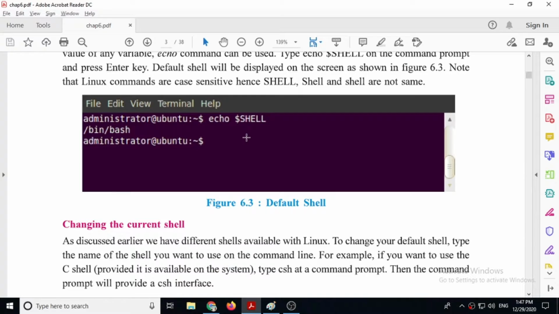Linux will give variable names in capital letters. So there doesn't have any conflict between these. And if you want to print a variable's value, then you have to use the $ sign in front of the variable name without space. So echo $shell will print the value of the shell variable. In short, it will print the currently active shell. It means in which shell Linux is working.